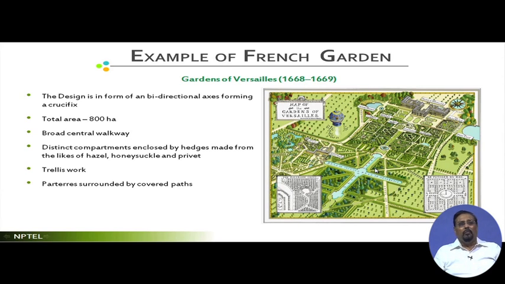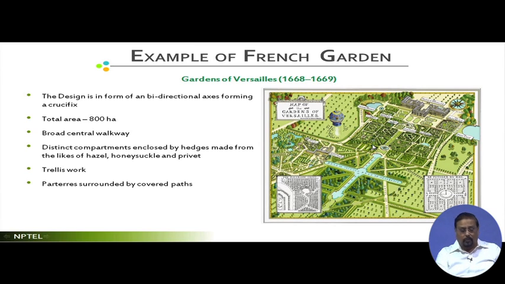There is a broad central walkway. If you look at this picture, there is a structure here from where you can look over the entire garden, and this is what the rulers wanted. They also have gardens at the back. So they have different parts. The building is a building by itself, and the foreground and the background are individual parts, and not necessarily is there any harmony between these two designs. But one thing is sure, they are very geometric, very symmetrical, and they have a strong axis. They even have a cruciform kind of axis here, north, south, east, west, and individual areas are highly